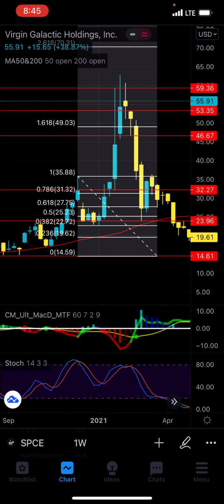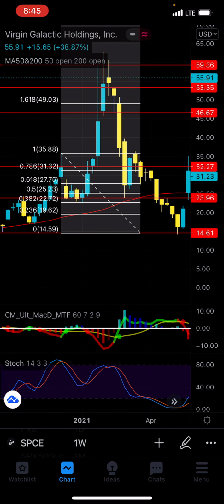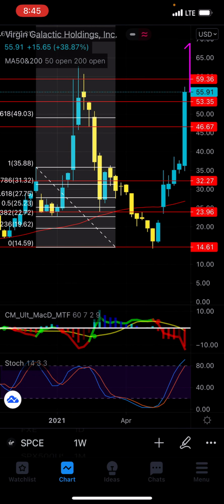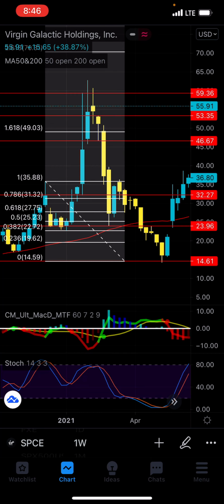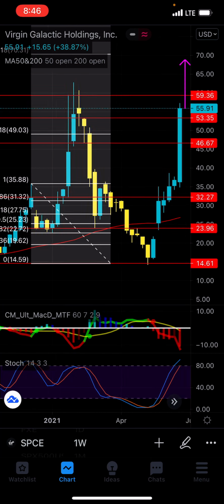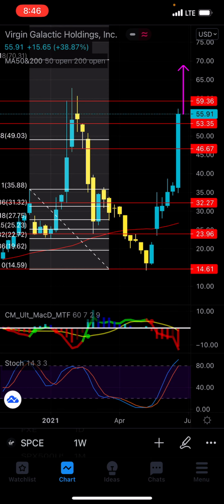So this is something that has a very, very high chance of working out, to be honest. You guys can back test this as much as you want, and I can guarantee you that it's going to have like a 95% chance of working. If all you want to do is trade breakout stocks like this, you'll probably make money, not 100% of the time, but like 90% of the time.